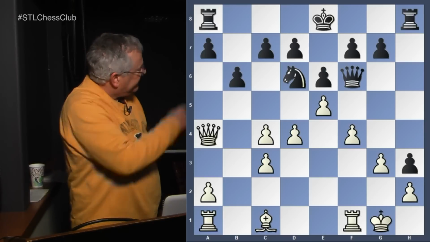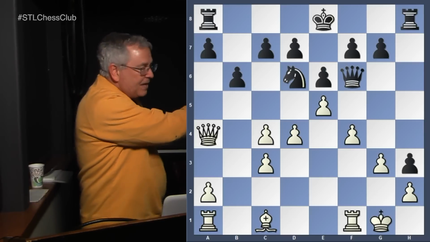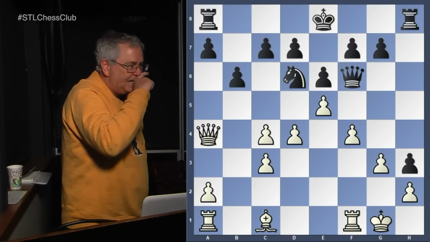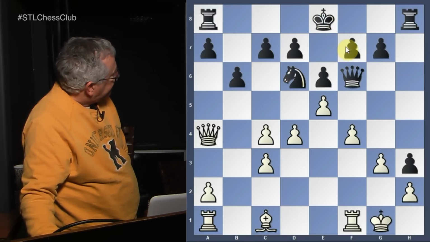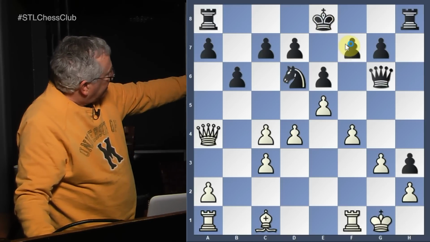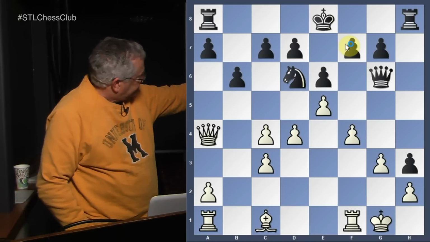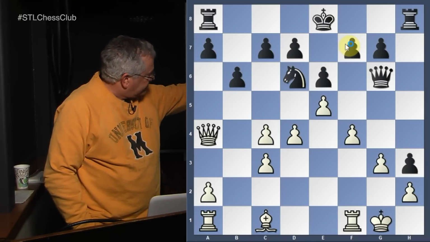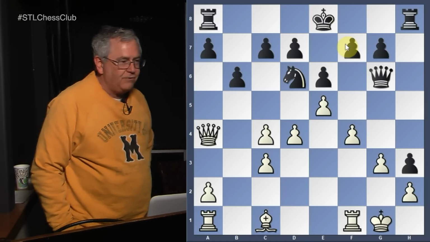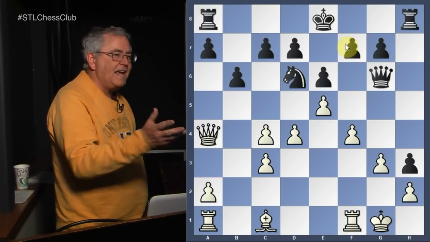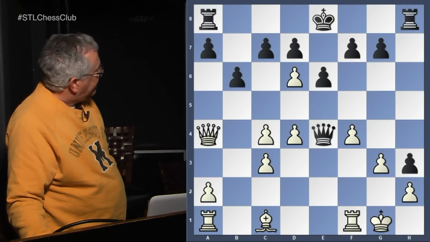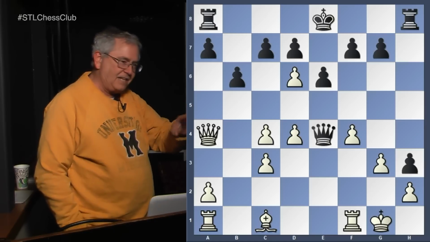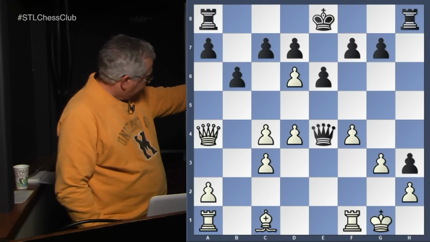e5, winning the knight. See, but it opens up that white diagonal. You see that? So now the queen has to move, and you move it to the white square, and you get the queen targeting the square where he can go queen to g2 and threaten checkmate. It saves the day. So white takes the knight, but now we're in the position that I started with by mistake, and the threat